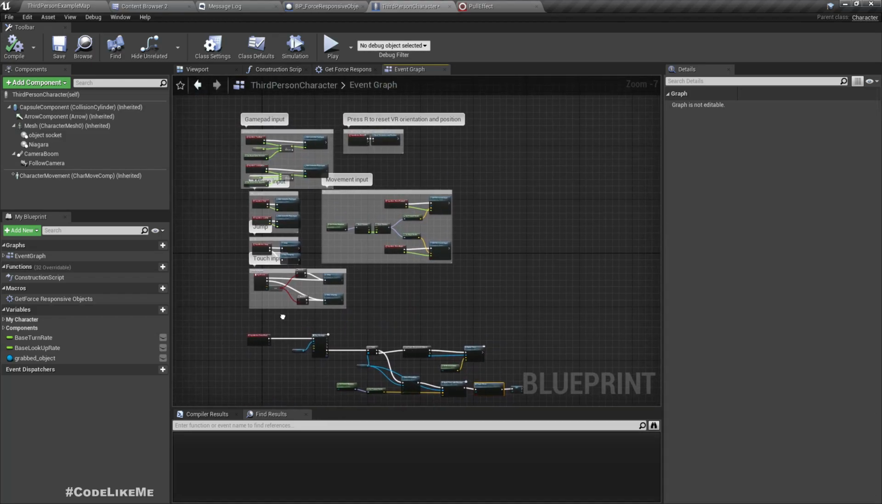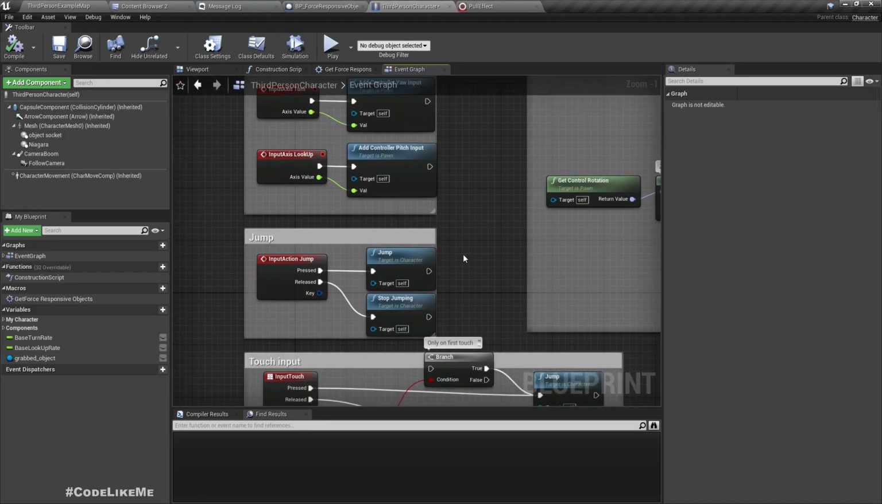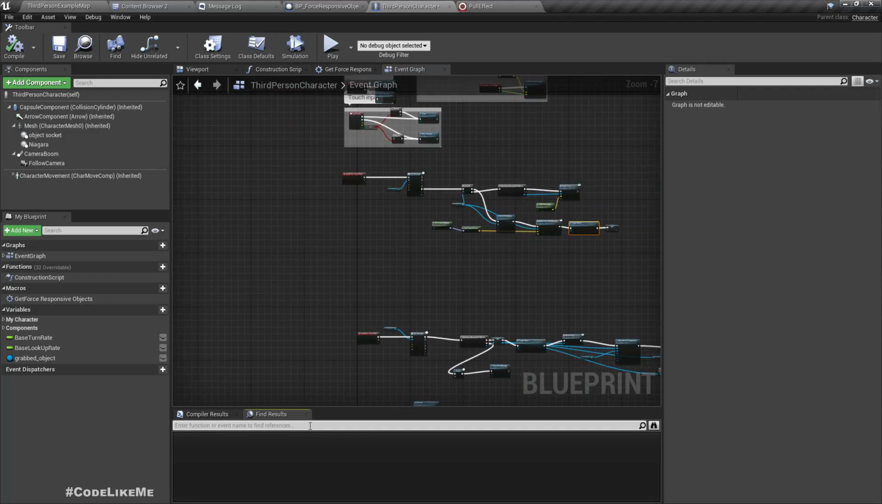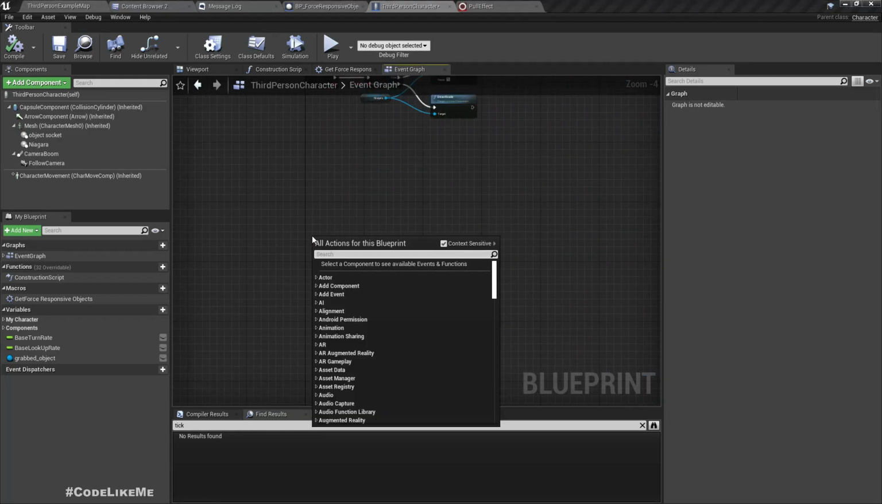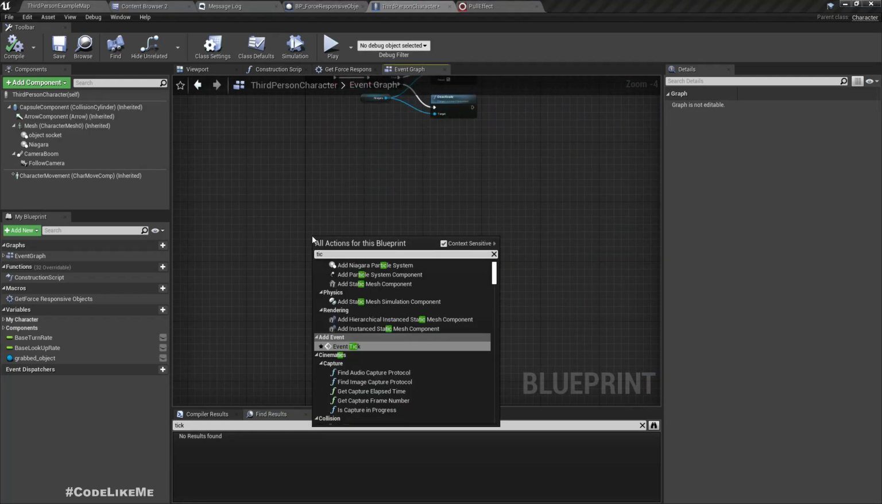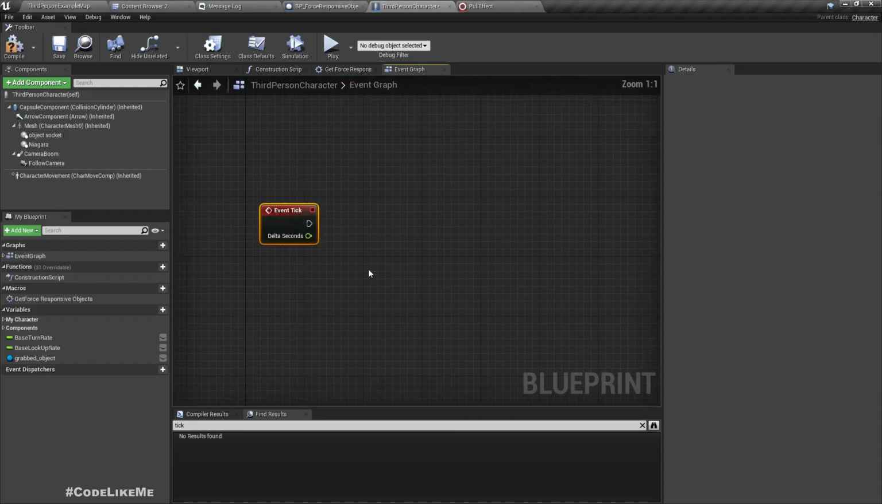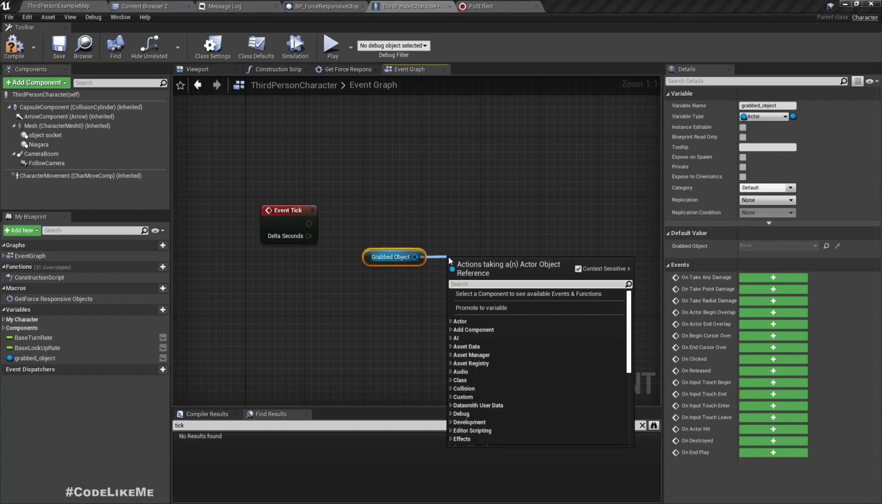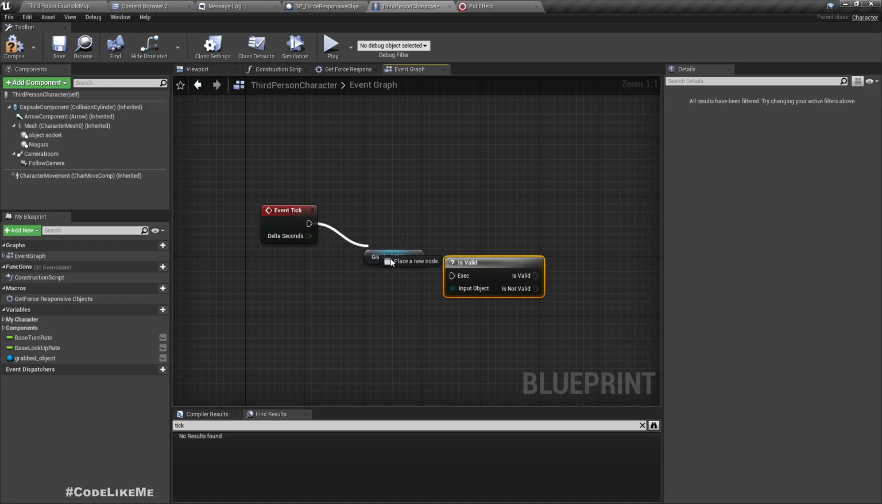So for that, do we have a tick here? No, we are not using tick anywhere. Right, so let's use tick, event tick, and here if we have a valid grabbed object,